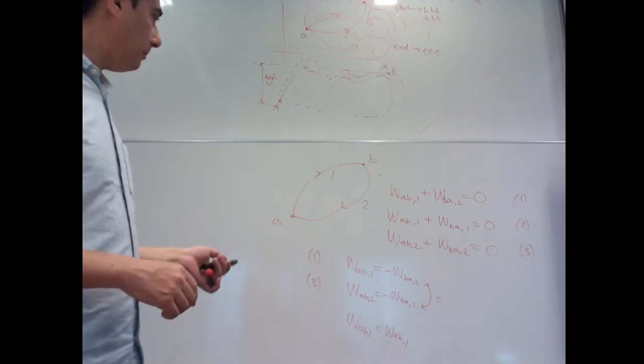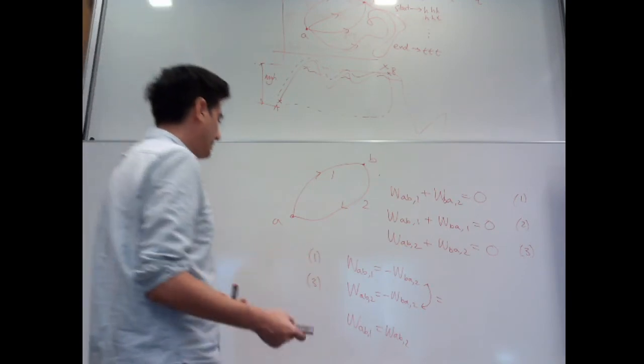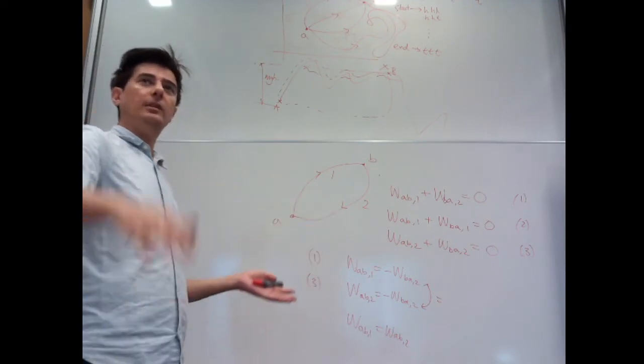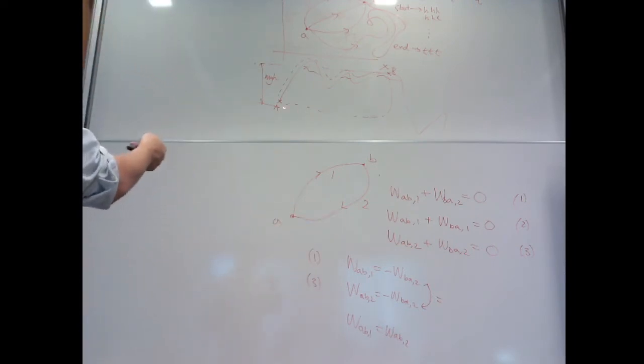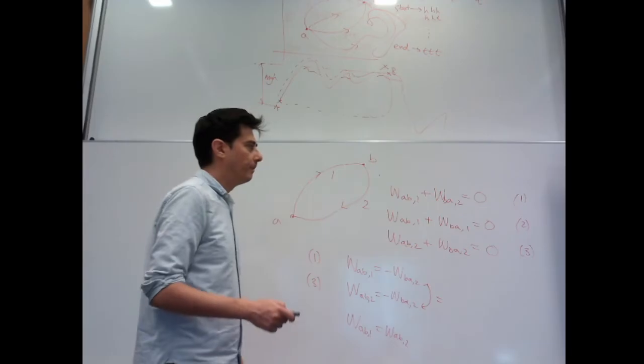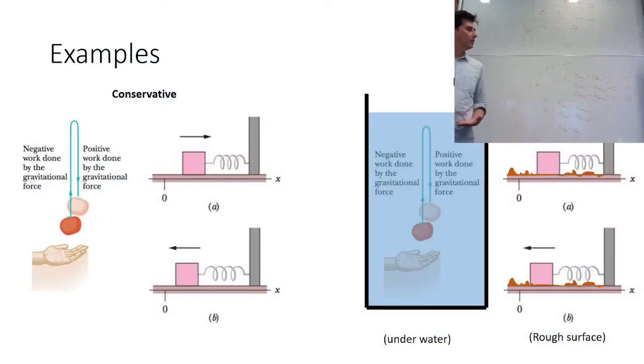So this basically says that it doesn't matter what path, if it's a conservative force. It doesn't matter what path, or in my mountain analogy, any path is fine. So that's basically what that means. Okay, so